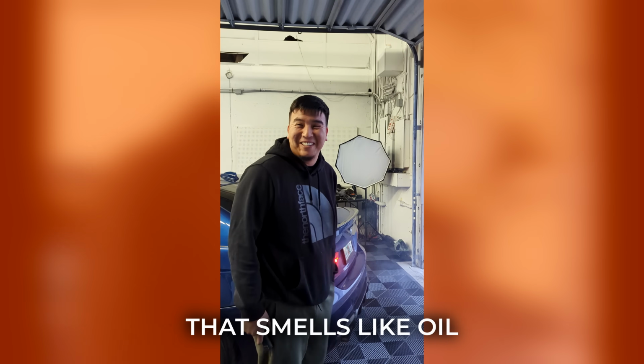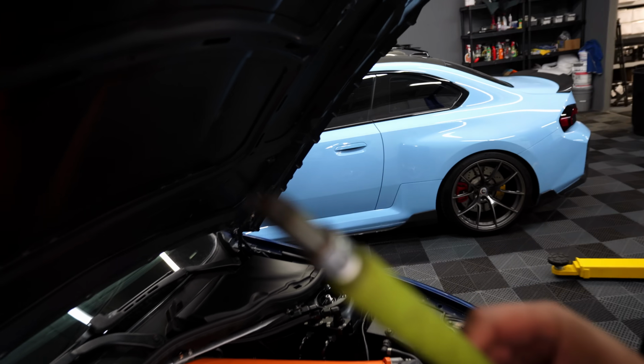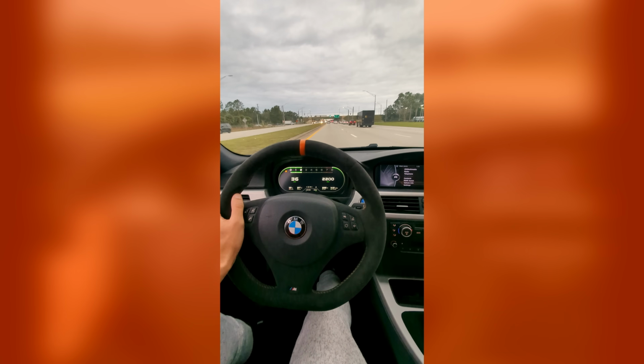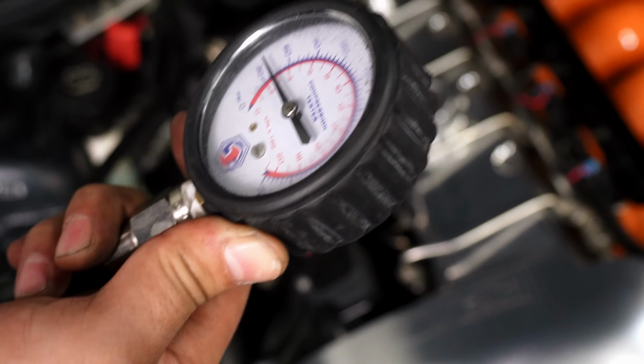That smells like oil. The car had a weird smoking issue. We tried everything possible to fix it and it seemed to just get worse. All it took was one last pull off camera and I knew it was over. The car sounded weird, like blown weird. It's usually like a whoosh, whoosh, whoosh, and this one's like